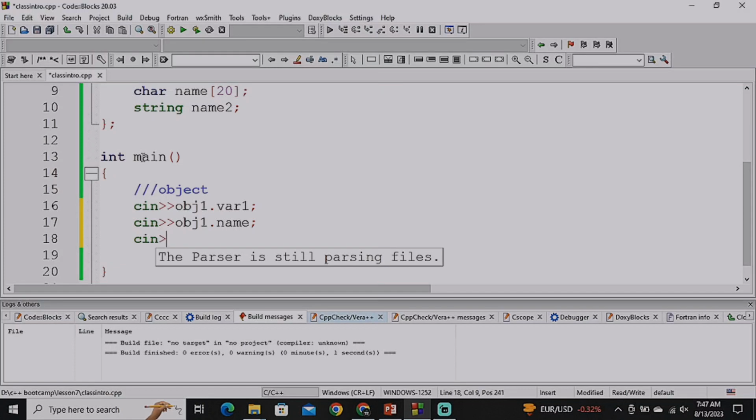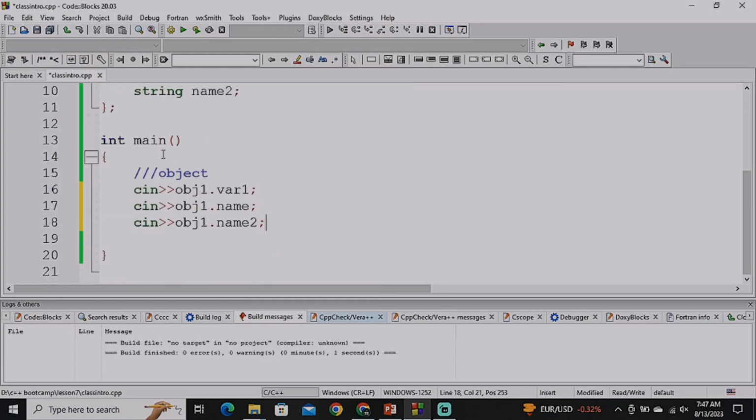Now cin object 1 dot name 2. Now this is the way of accessing the member variables of your class. So I have separately accessed each member for this object type,